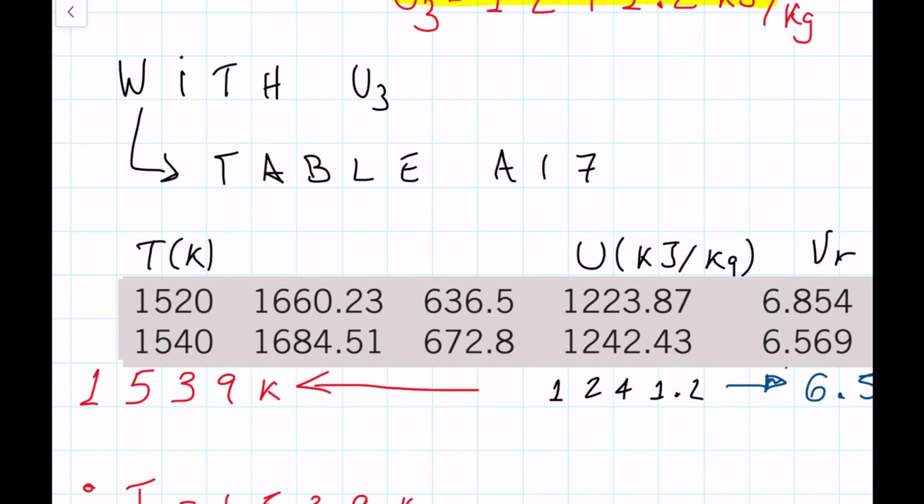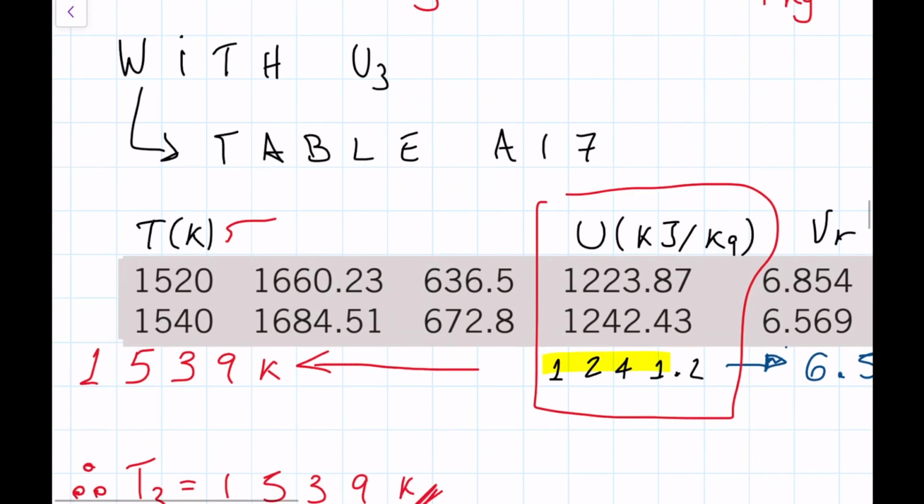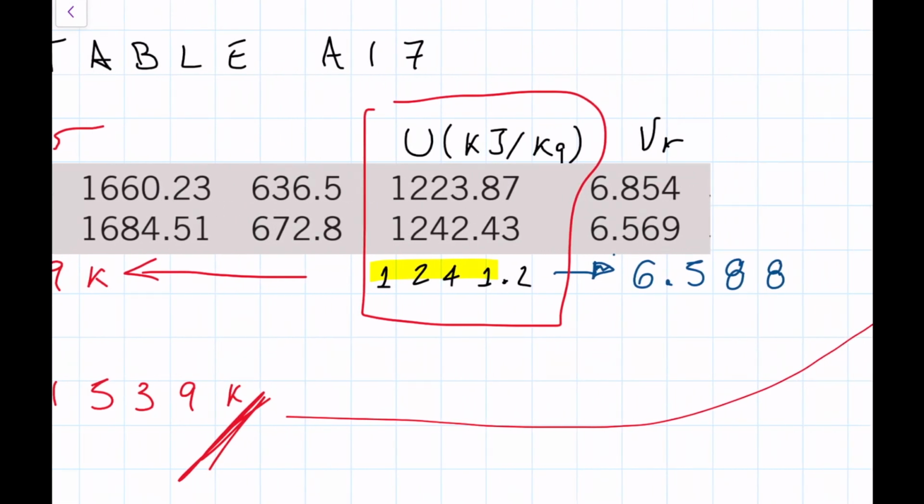Okay, so we have the temperature here on this left column. We have internal energy on this column here. And what I did, I just interpolated, because we know that our internal energy U3 is 1200. So I interpolated that for temperature, and I grabbed the T3. So my T3 is 1539. Okay, and as you can expect, what I did already as well is grab my